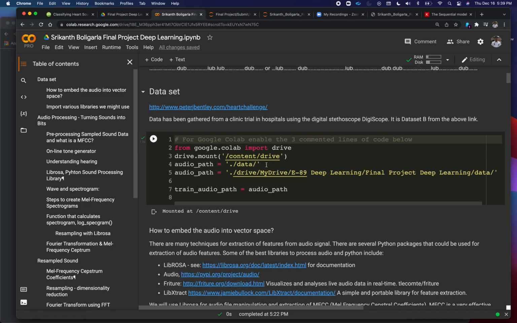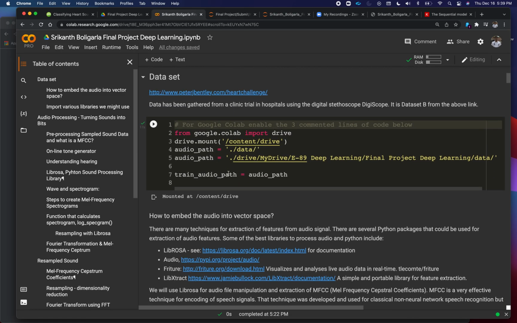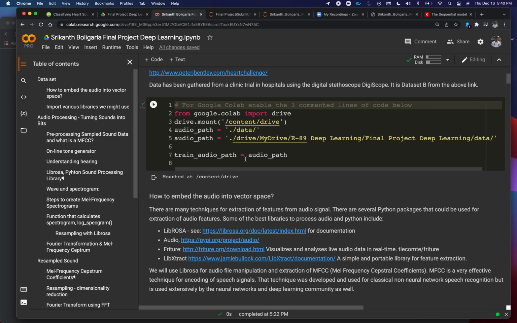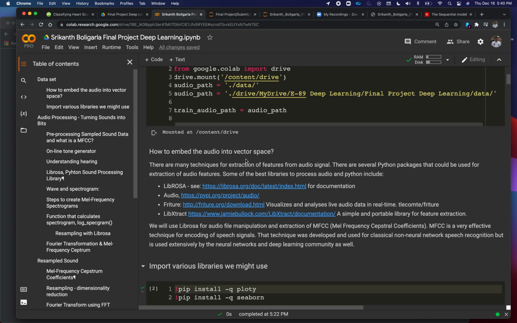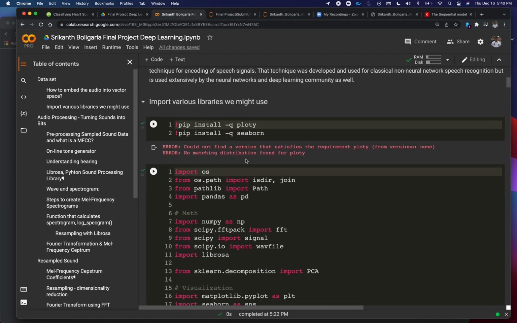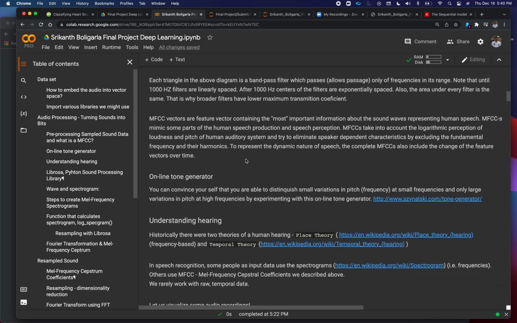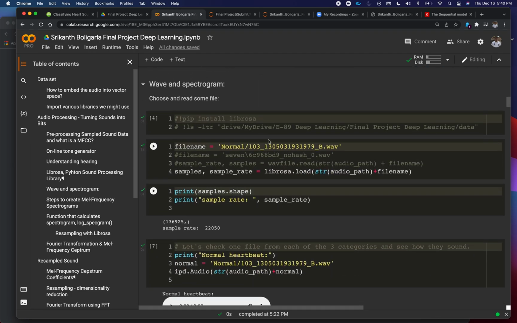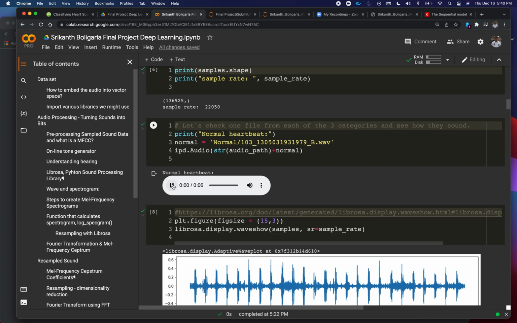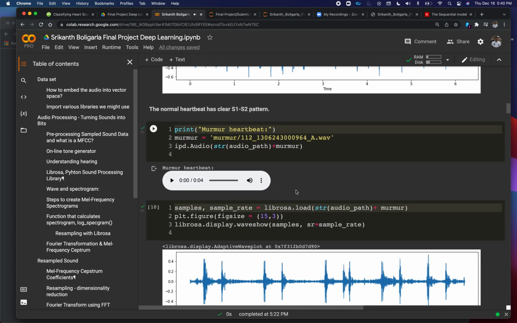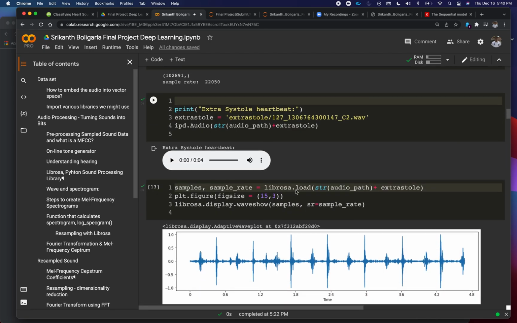So we load the data set, connect to the drive. If you are doing it from your local machine, you can just comment out these first 3 lines. That's clearly mentioned in the documentation I attached with this project. So I again loaded some files here, some wave plots of normal, murmur, and extra systole heartbeats here,